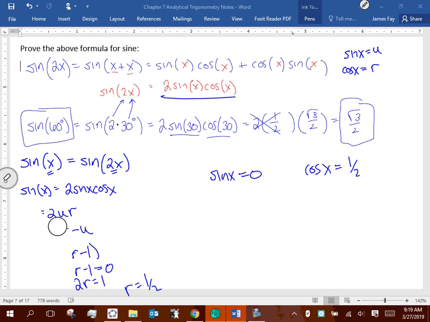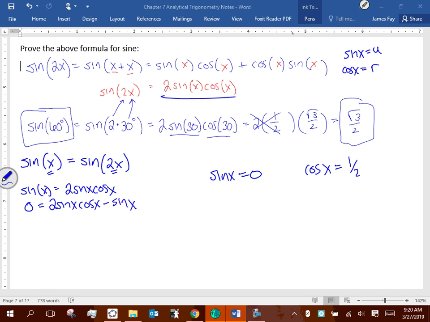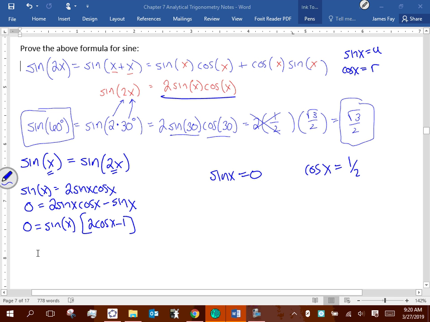I like that technique, but a lot of people won't use that. We'll just do this. We'll go, okay, I'm going to remove the sine x from both sides. So it looks something like that, right? And then they say, okay, well, these are 2 terms over here. They both have sine in them. So they factor that out. That would have been the process of factoring that u out. So I get sine of x times the quantity, then 2 cosine x minus 1. Again, this is a product of 2 objects, and they equal 0, so we've got the zero product